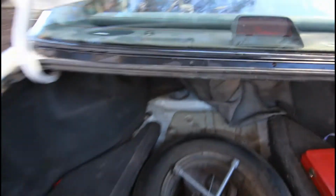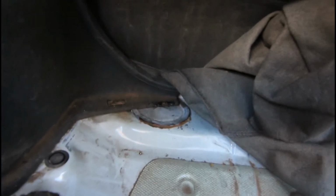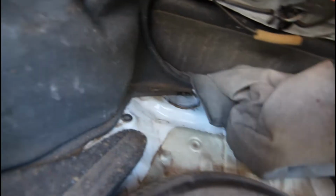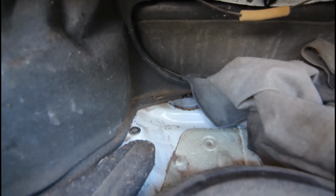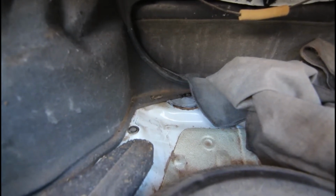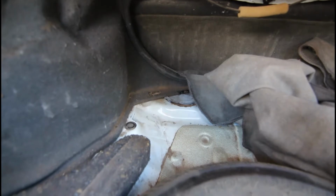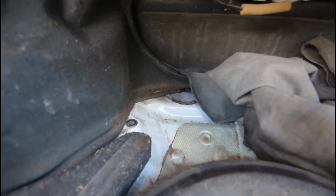It's actually clogged up. So it's located in the boot, under this metal cover right at the back of the boot. There's one on the other side as well for the level sensor, but it seems to be the passenger side one is the one for the pump itself. I think that's on all models around the world. This is an Australian right-hand drive one. Later in the video I think I say that I thought it was on the driver's side, but it's not,